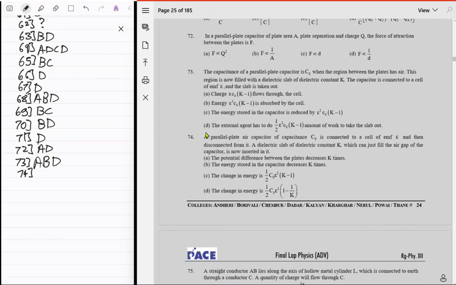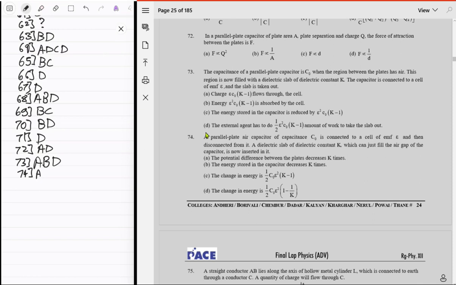A parallel plate air capacitor of capacitance C naught is connected to a cell of EMF E, and then disconnected from it. Air capacitor, okay, cool. A dielectric slab of K, which can just fill the air gap of the capacitor. The potential difference between the plates decreases K times. Yes, right, it does decrease because the field is now 1 upon K. So yes, A is correct because